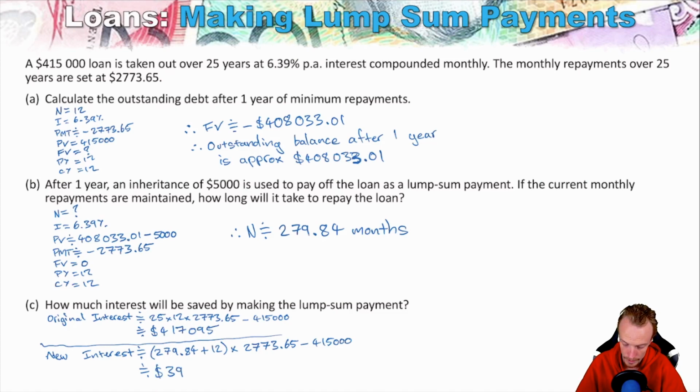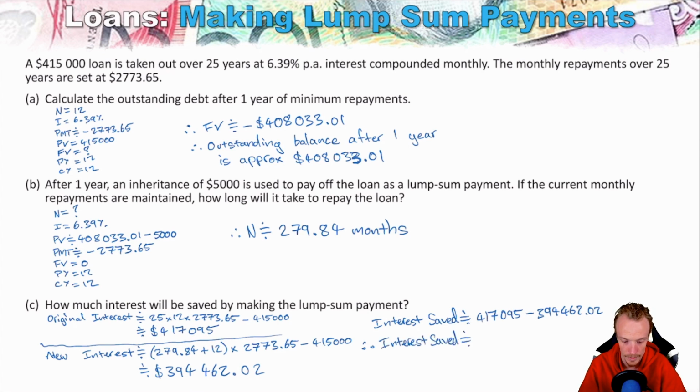So 394,462.02. So interest saved, it's going to be approximately 417,095 minus 394,462.02. So therefore the interest saved, it's going to be approximately $22,632.98. So you can see here that, when you inherit something like $5,000 at the start of the loan, now